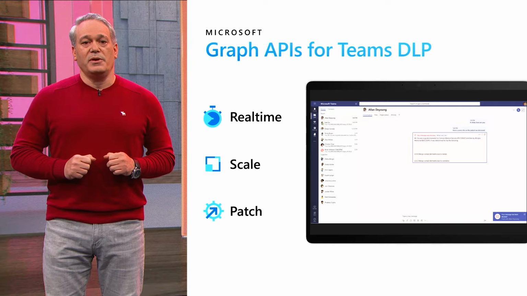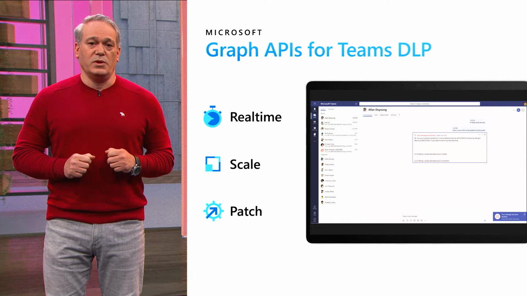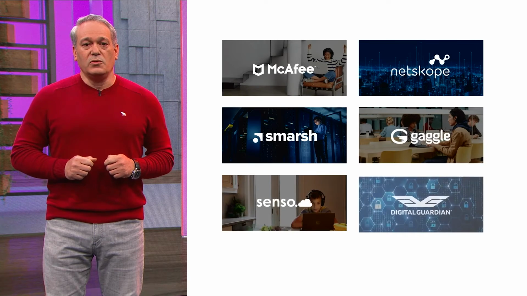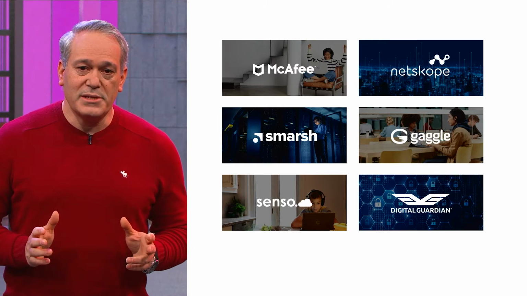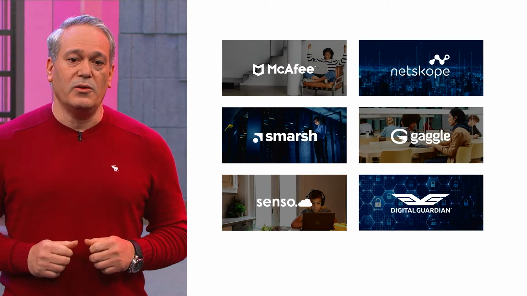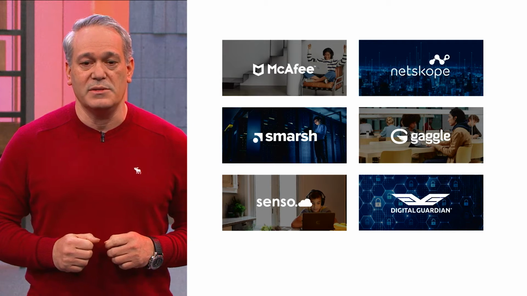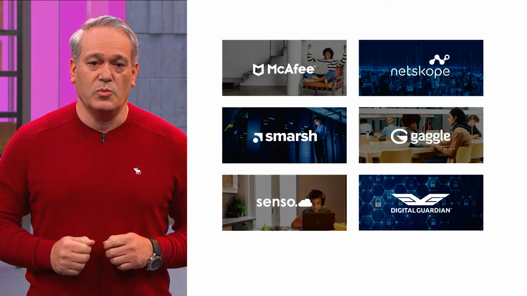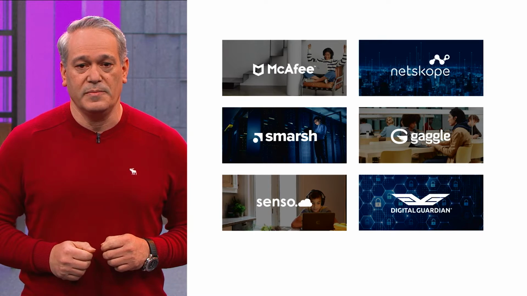The Teams Change Notifications API to consume Teams messages through a webhook subscription, and the Teams DLP Patch API to block a Teams message when it's violating a DLP policy. Before we cover the API details, I would like to call out a few of our partners who take advantage of these APIs today. Compliance ISVs like McAfee and Netskope heavily depend on these APIs in their CASB solutions to evaluate and protect customers' data for Teams DLP. Gaggle and SensoCloud, EDU partners, are using these exact same APIs to monitor student chat in Teams to protect children from cyberbullying at school and beyond.